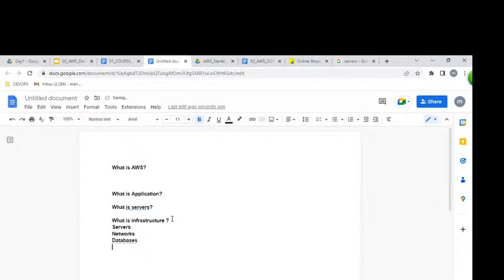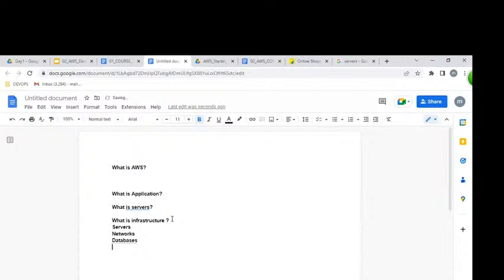So from these data centers, if you can access a company's resources or infrastructure over the internet from a laptop, that is cloud. These data centers are located in different geographical locations, like in the US, Singapore, Mumbai, and Hyderabad also. These data centers physically exist throughout the globe. So if we can access infrastructure from these data centers over the internet on a laptop, it is nothing but cloud computing.